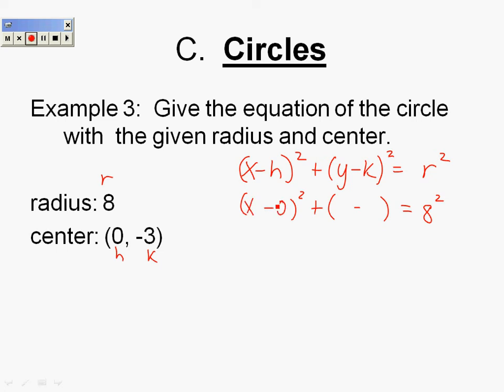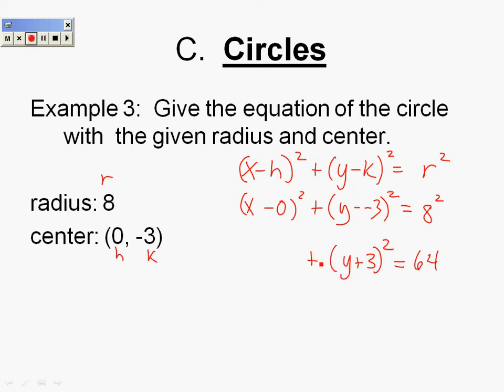So let's go ahead and plug them in now. We have x minus h, and h is 0. And we have y minus k, and k is a -3. And once again, there you have that whole double negative situation. So let's go ahead and clean this up a little bit. First of all, 8 to the second power is 64, right? Double negatives become